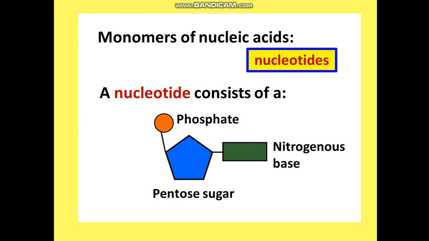Now these nitrogenous bases can be of four different types in a DNA molecule, macromolecule. Okay, so this structure is very much important because in boards this is a frequently asked question that draw the structure of a nucleotide. So you will be drawing this particular diagram which is being shown on your screens: a phosphate, a pentose sugar joined to the nitrogenous base.